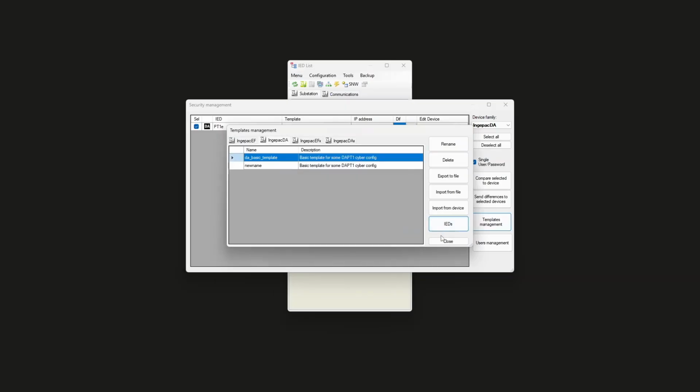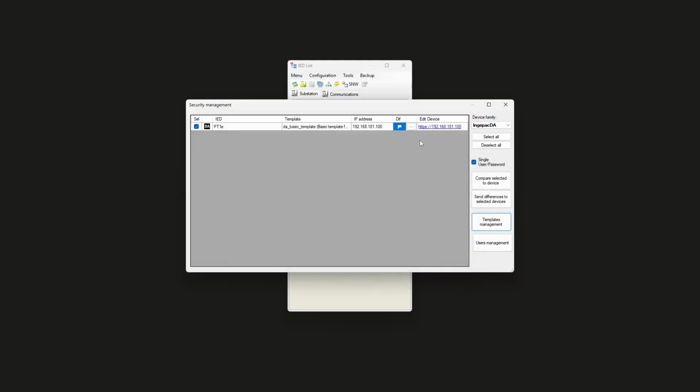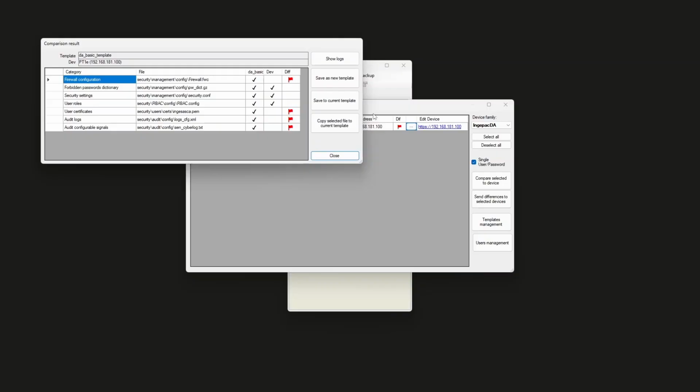When a template is linked to an IED, we may use the 3-dotted button to check the differences between an IED and its assigned template. The buttons to the right of this window will let us save the configuration of the IED as a new template, update the current template with the cybersecurity configuration of the selected IED, or simply apply one of the configuration files in the IED to the template and access the logs resulting from the comparison between the IED's configuration and